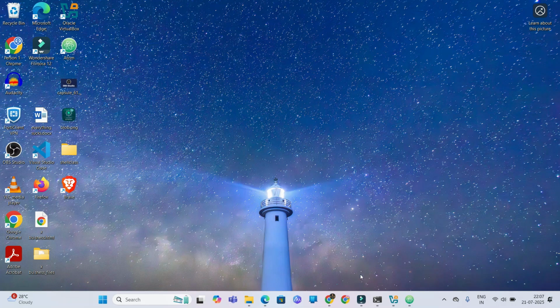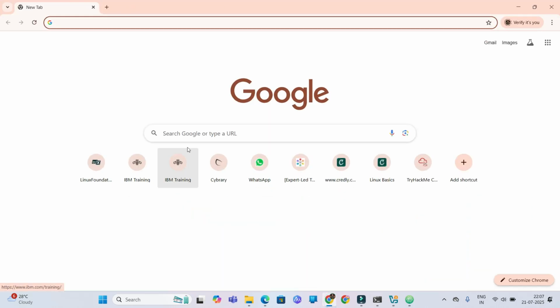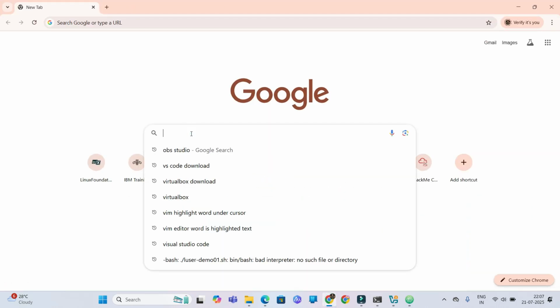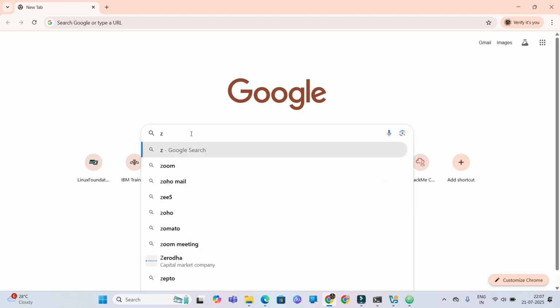Today we are installing Zoom. So how can you do that? First, open the Chrome browser, though you can use any browser. I'm using the Chrome browser, and search here for Zoom